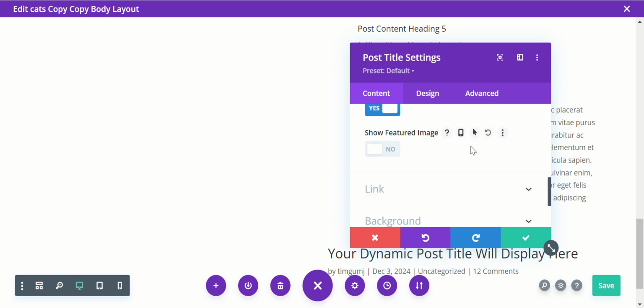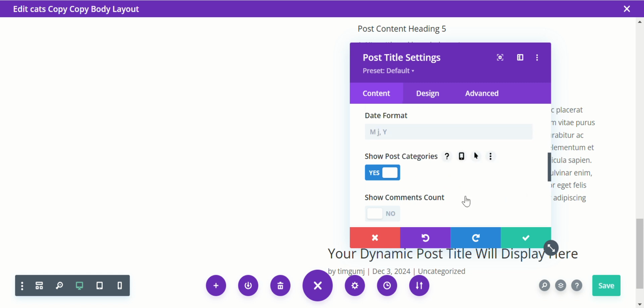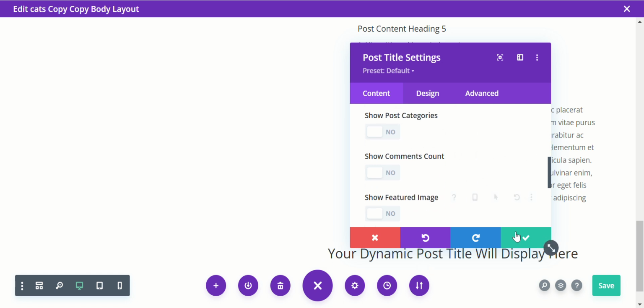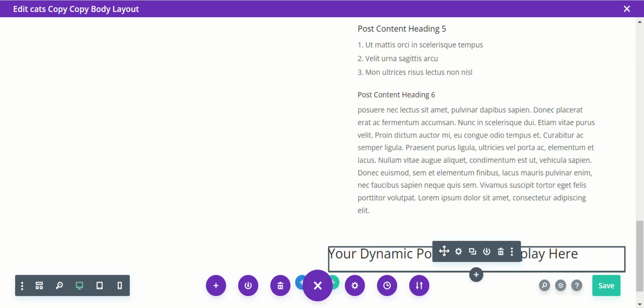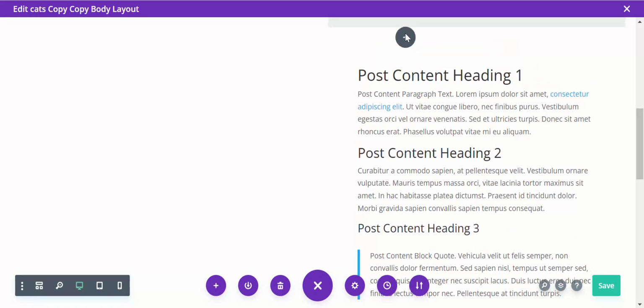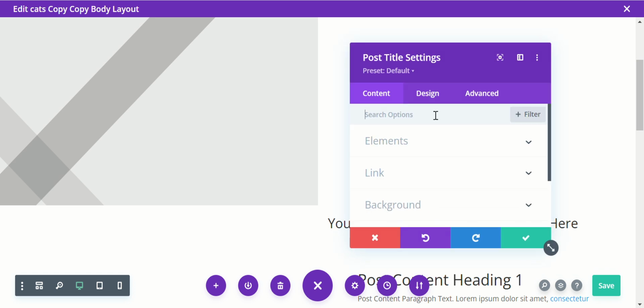But what is important here, of course, is toggling off the featured image, maybe not the comment section, post categories. It depends on what you want. Me, I usually just leave it like I take the author out, I take the date out, and I just leave the post title. And then what you have to do now is take this here, bring it up to the top, and we can come in here